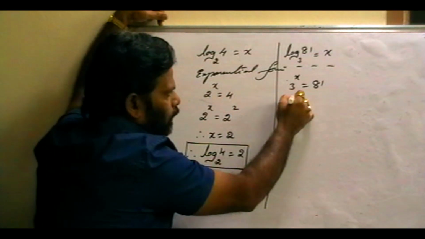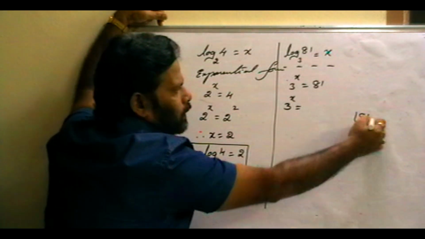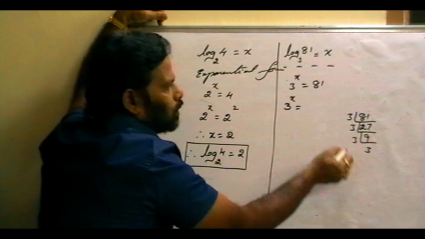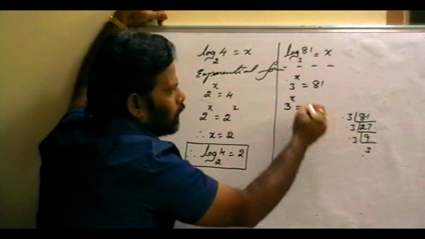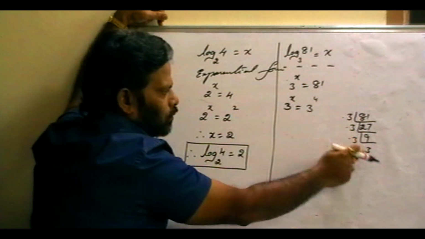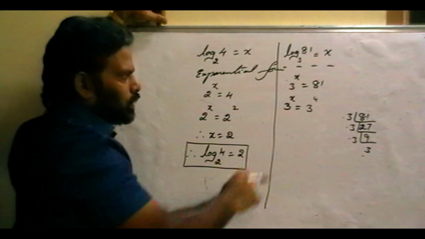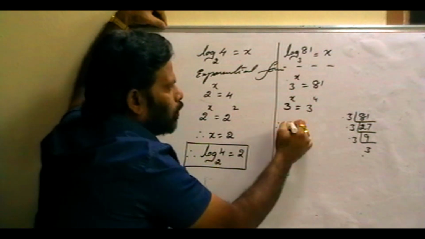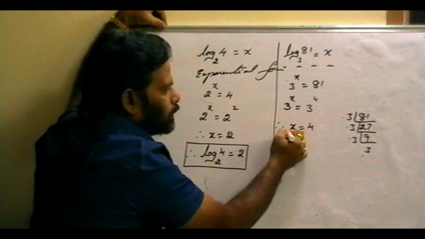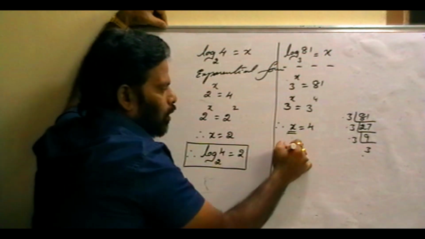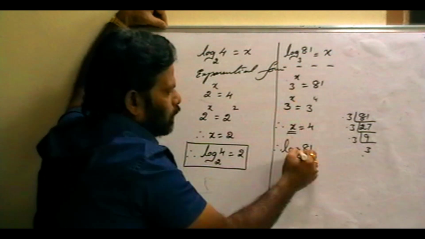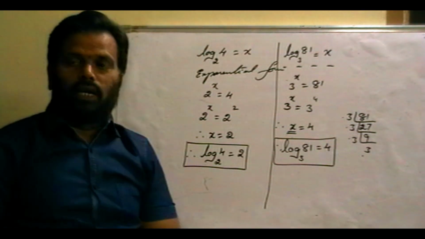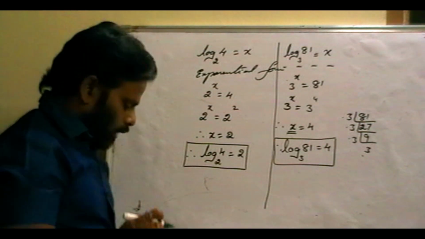Otherwise, 3 to the power of x is equal to 81; divide 81 into prime factors. 3 27s are, again 3 9s are, 3 3s are. So 81 we can write as 3 multiplied 4 times: 3 into 3 into 3 into 3, then we will get 81. So 3 to the power of 4 is 81. On both sides the bases are equal, so the powers should be equated. Therefore x is equal to 4. But what is x here? Log 81. Therefore log 81 to the base 3 is equal to 4. So it's very important to find the value of logarithms.